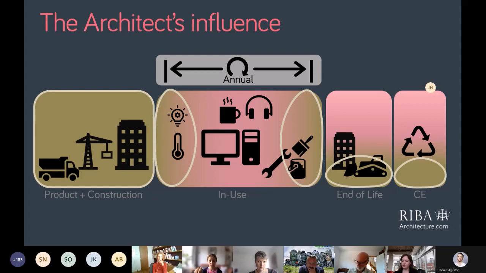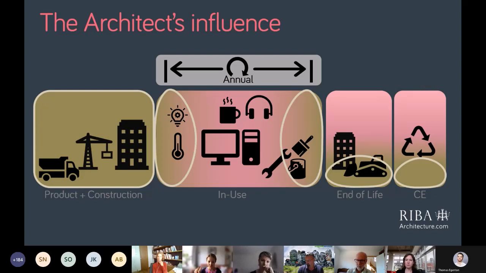However, as you can see on those two end bits, it's not all within the architect's gift. What actually happens in reality when a building is dismantled is not within control, as is the essential part of the in-use: how the building is used and the activities that are carried out inside the building is not in the architect's